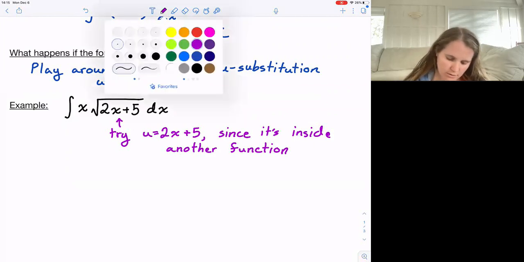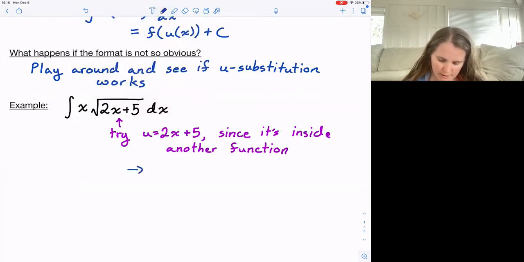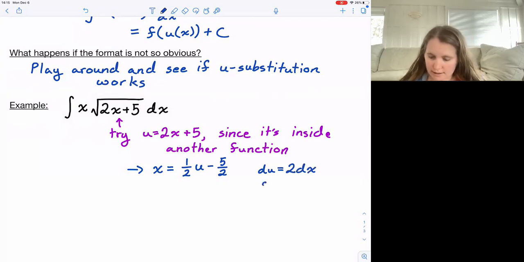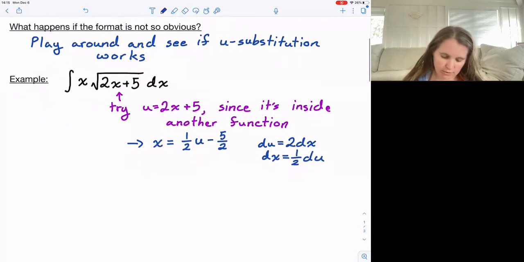So from here, we have u equals 2x plus 5. That would mean that x would be equal to 1/2 u minus 5/2. We also have that du would be equal to 2 dx, or in other words, dx is equal to 1/2 du. Right? So if we just plug straight into our integral,